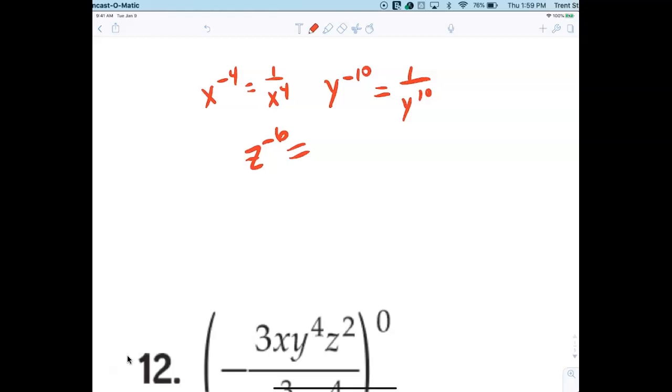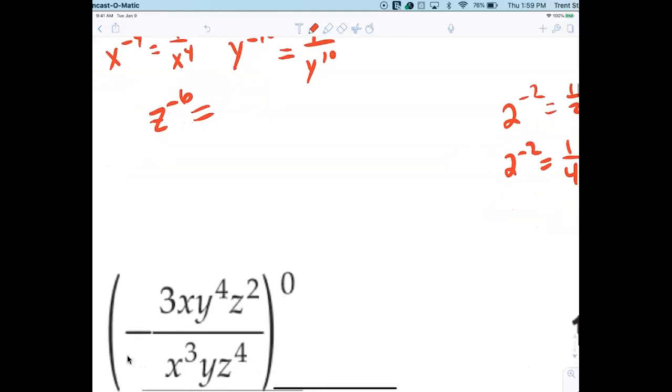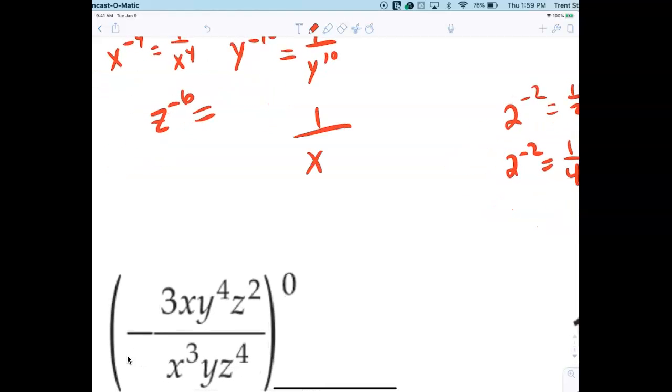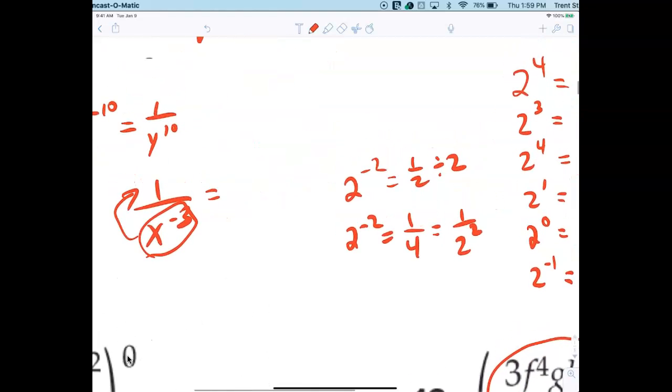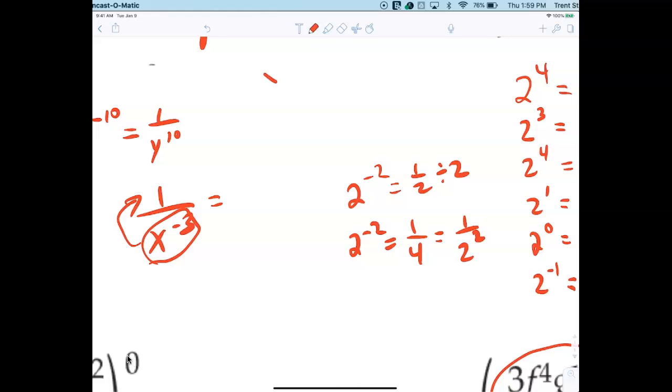Now I'm going to get wild and crazy. Watch. 1 over x to the negative 3. What do you think that is? Let me hear you. X to the third. That's it. If it's negative on the bottom, you move it to the top. If it's on the top, you move it to the bottom. Now if I did something outrageous, like x to the negative 2 over y to